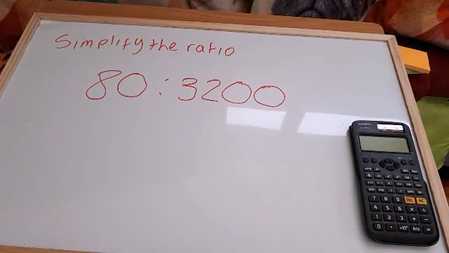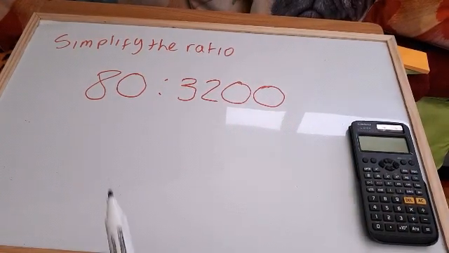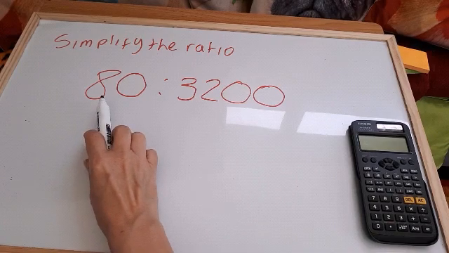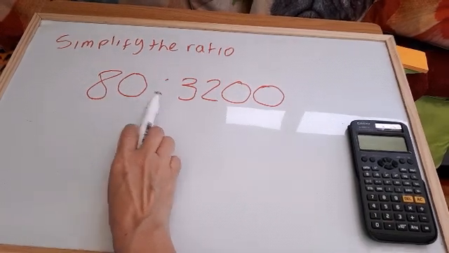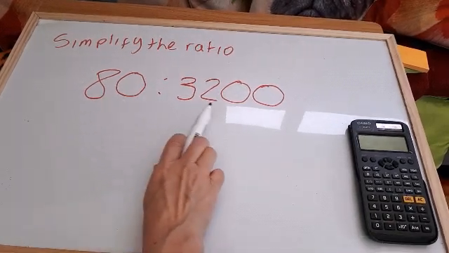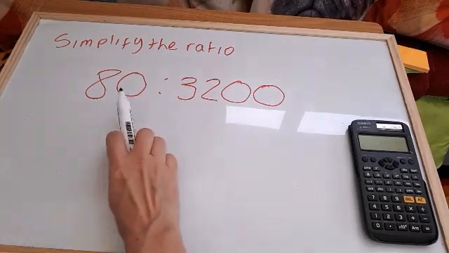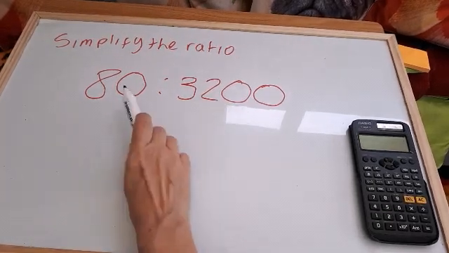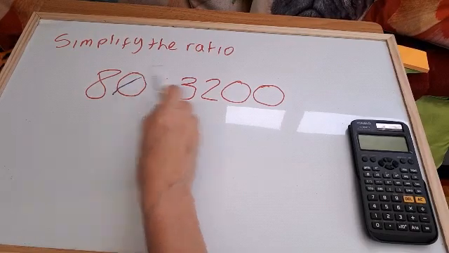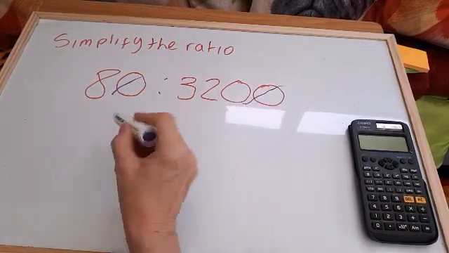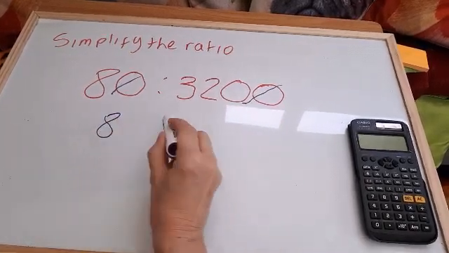Okay, I'm going to look at exam style questions. Today we're going to look at simplify the ratio 80 to 3,200. Both sides are multiples of 10, so I'm first going to cross that out, both sides. That leaves me with 8 to